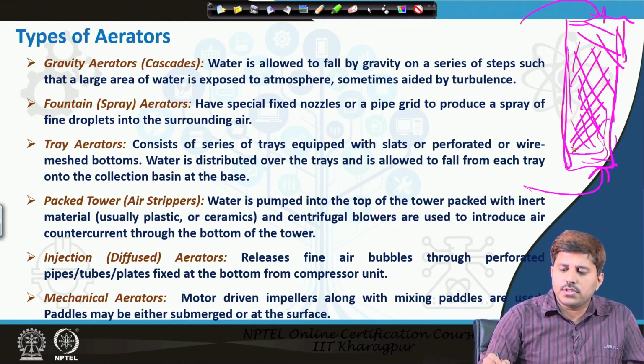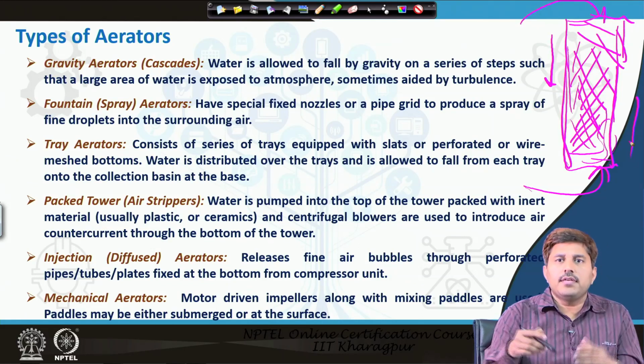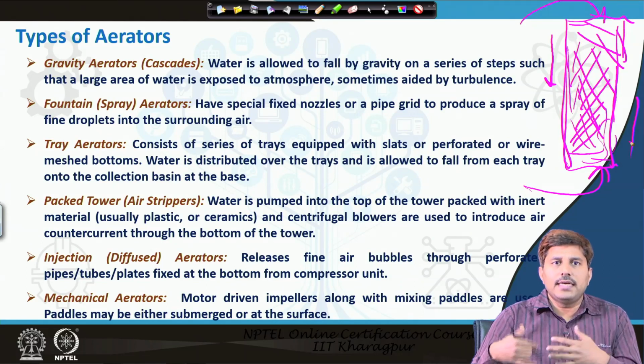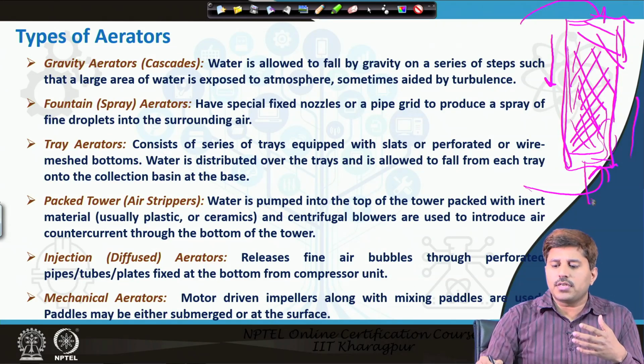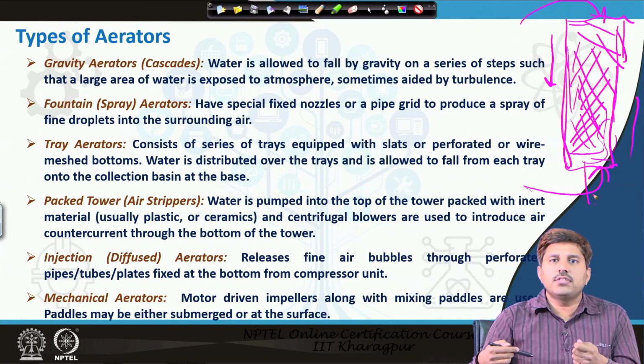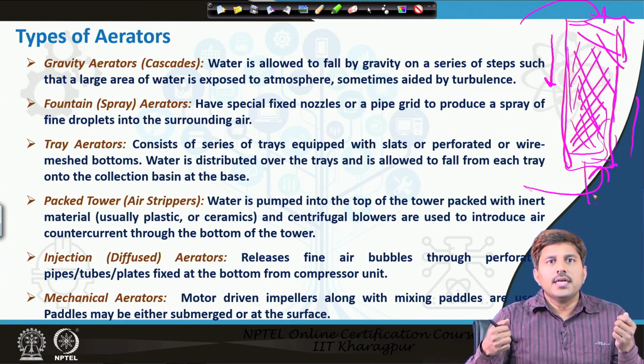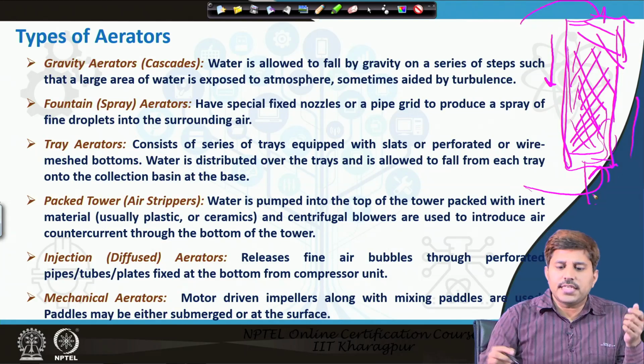So air flows, air will rise up and water will come down, and in between they will interact, and as a result the water which will be collected at the bottom will have the higher level of dissolved oxygen. Okay. Then there are injection or diffused aerators, which are